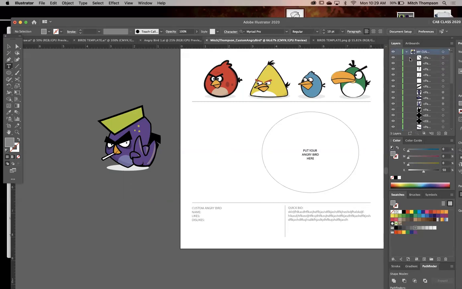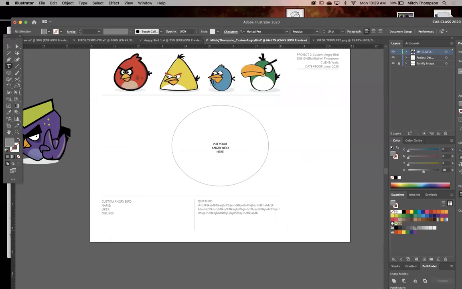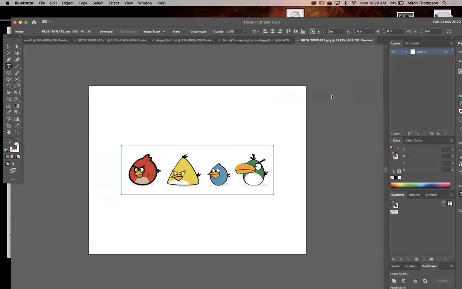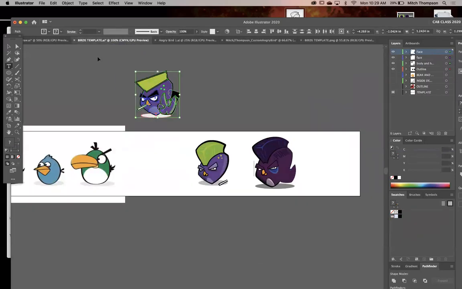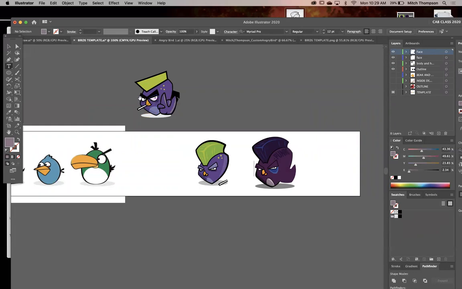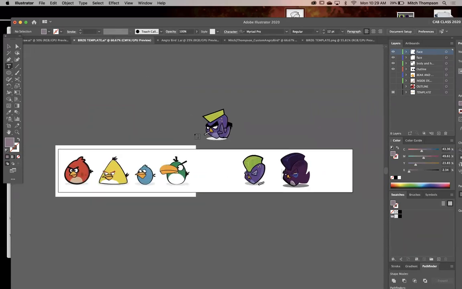This is where, again, does it really matter now? No, because this is a template. I'm not using this as my working file, right? This is my final file. This is my working file, right? Right here. So what I would do in this case, and we can do, you know what?